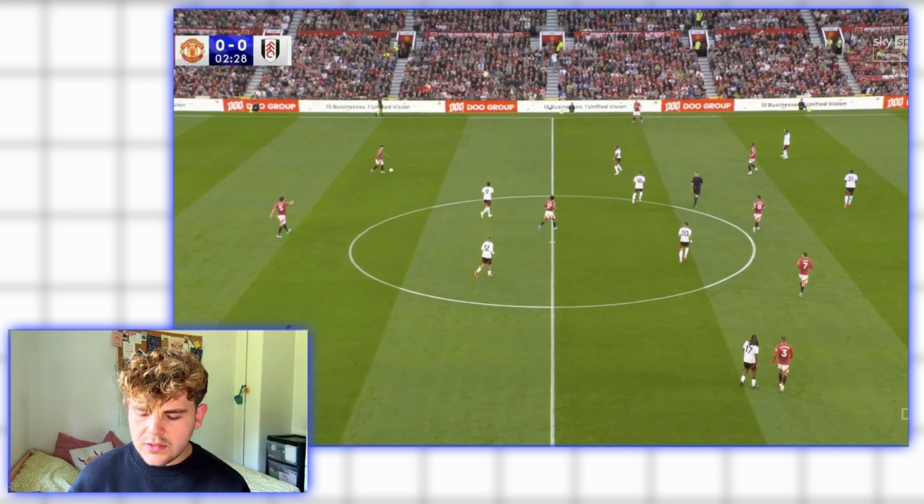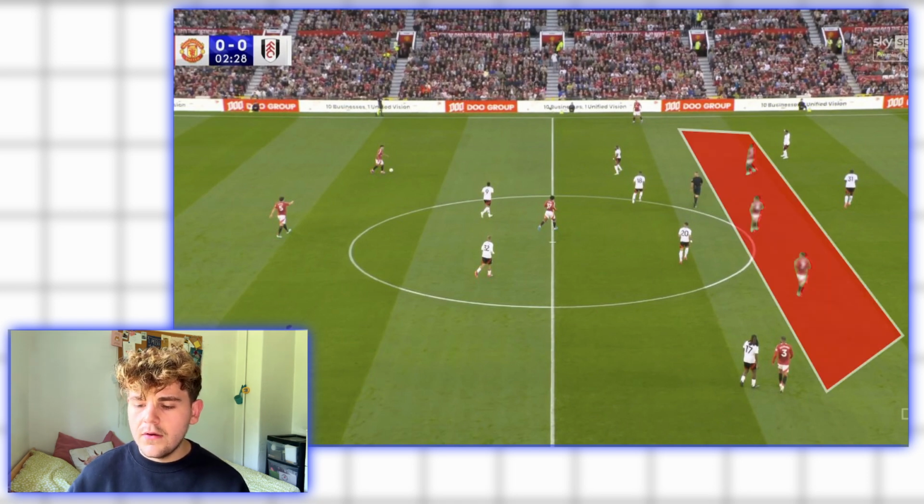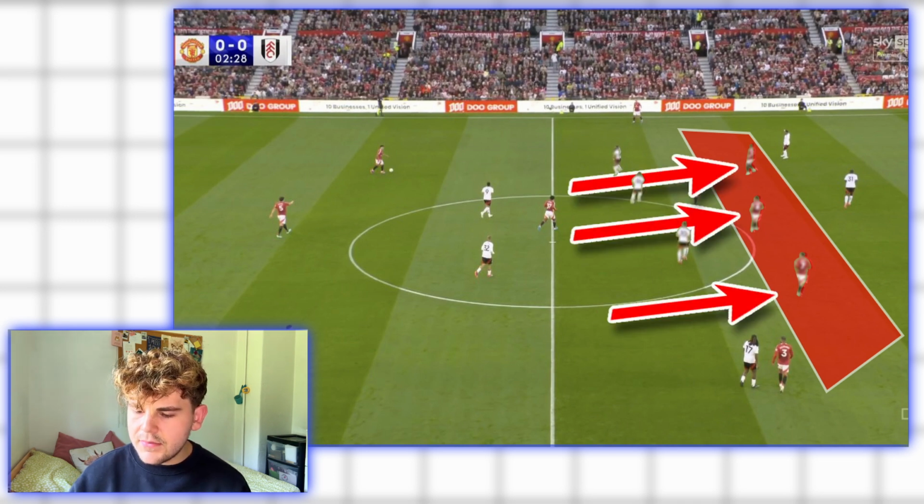The last thing I want to mention in this photo as well, you can see 2 minutes in, there's so much to unpack already. Look at the positioning of Rashford, Mount and Fernandes in this area here. They've picked up the perfect pocket, and by that I mean you can see there's the Fulham defensive line, there's the Fulham midfield line. They are exactly in between the two, and so it means they've ended up with pockets where passes can come in between,